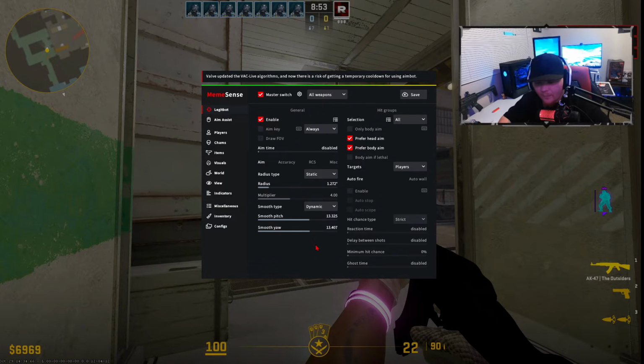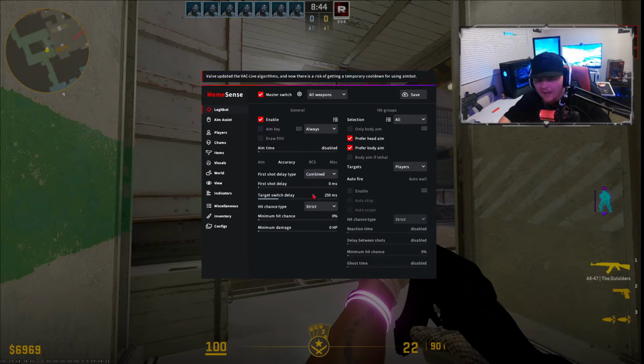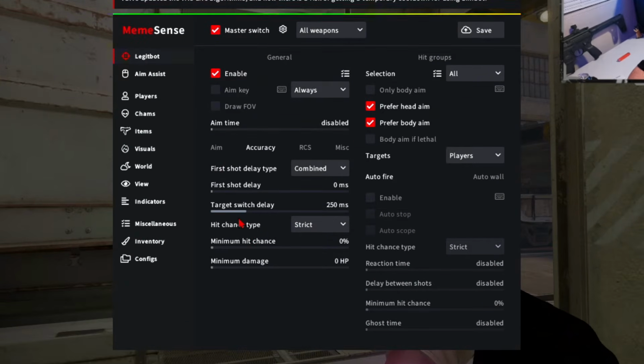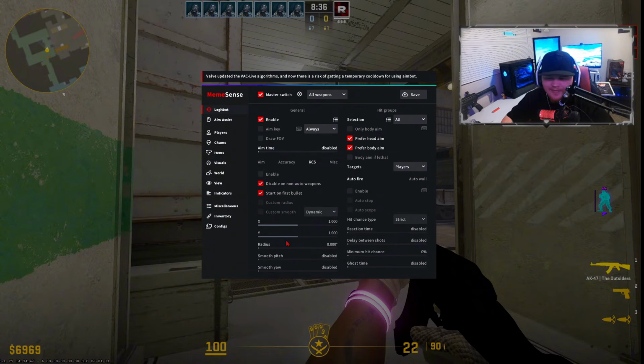Some people max it out all the way. It all depends on your playstyle. I prefer dynamic over static. When it comes to accuracy, I recommend combined and these following settings here. So due to VAC live cooldowns, it is recommended you guys keep RCS turned off, but it's up to you